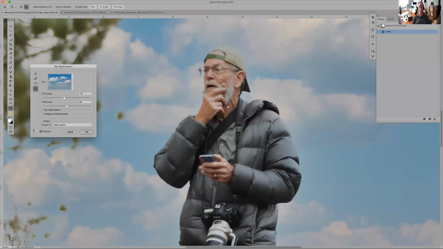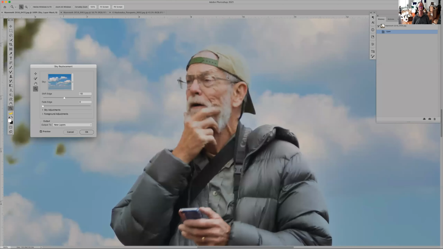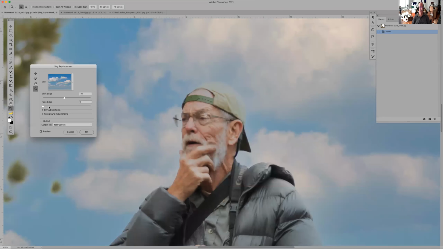So the fade edge basically fades over the top of him, or you can see if I go all the way left down to 0 along his hat at the very top up here, you can see it faded into his hat fairly well. Take it up to 50%, and it should come out. And then if I fade edge to the right,